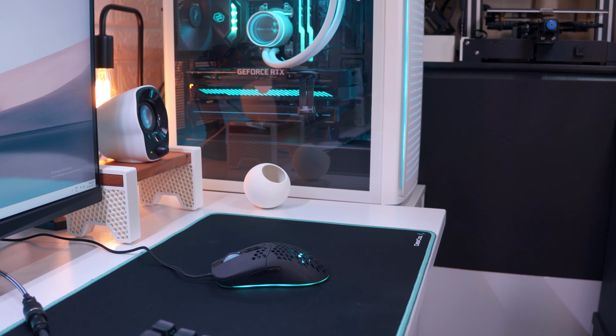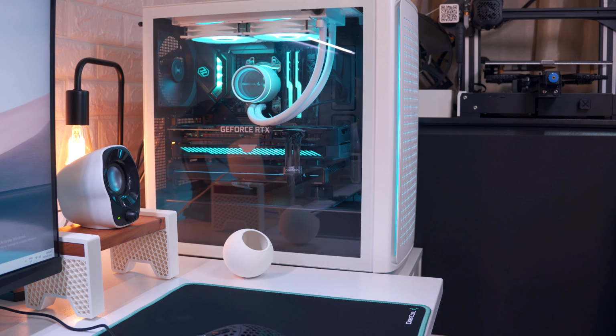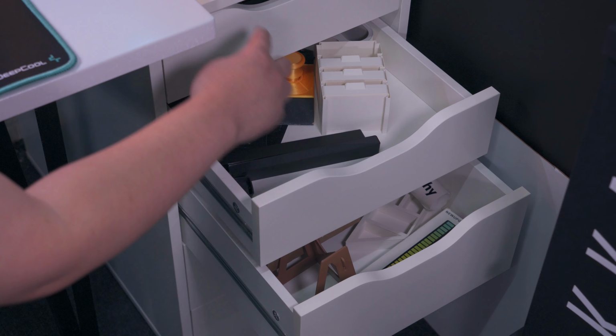And as you can tell, this build looks absolutely clean and of course capable enough for my day-to-day productivity tasks and competitive gaming. Now, it is sitting nicely on top of an IKEA Alex drawer where I store most of my 3D printed stuff,